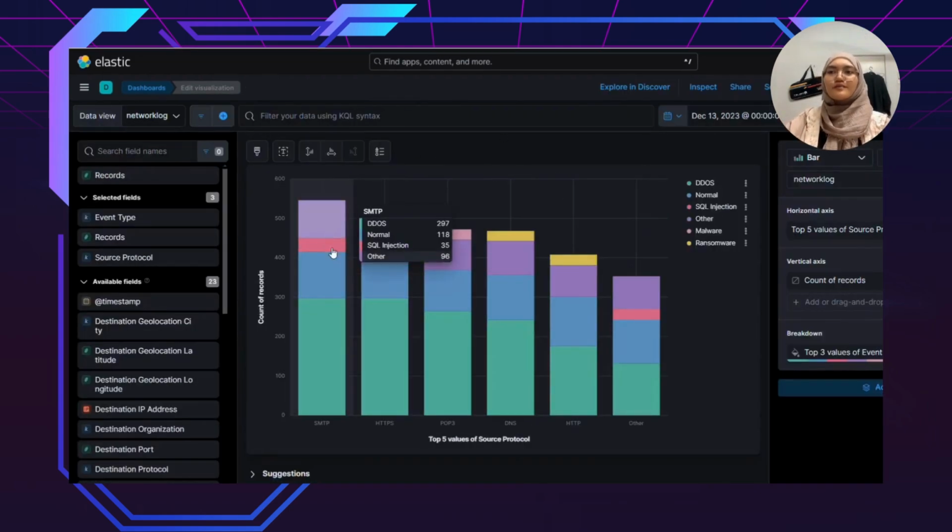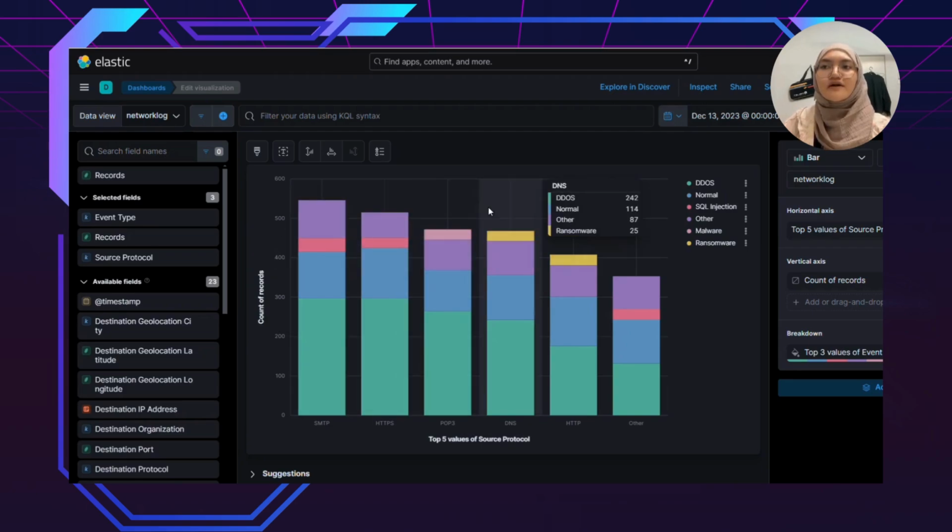Bar chart of top event types by source protocol. This bar chart shows the most frequent event types by source protocol. The x-axis represents the top 5 source protocols, and the y-axis shows the count of records for each protocol. Each bar is further divided into the top 3 event types, making it easier to identify which protocols are most